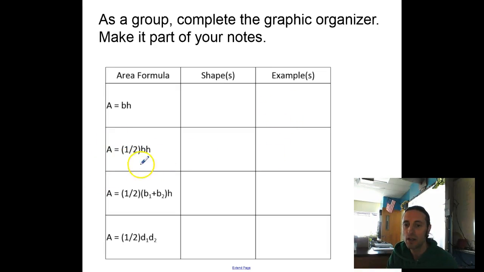The same thing here. What uses 1/2 base times height? What figure uses 1/2 the bases added together, so this has 2 bases times the height? And of course then this one, what figure uses the area is 1/2 the diagonals multiplied together. Okay, when you've completed that, come back and we're going to try some problems and you'll see how it makes